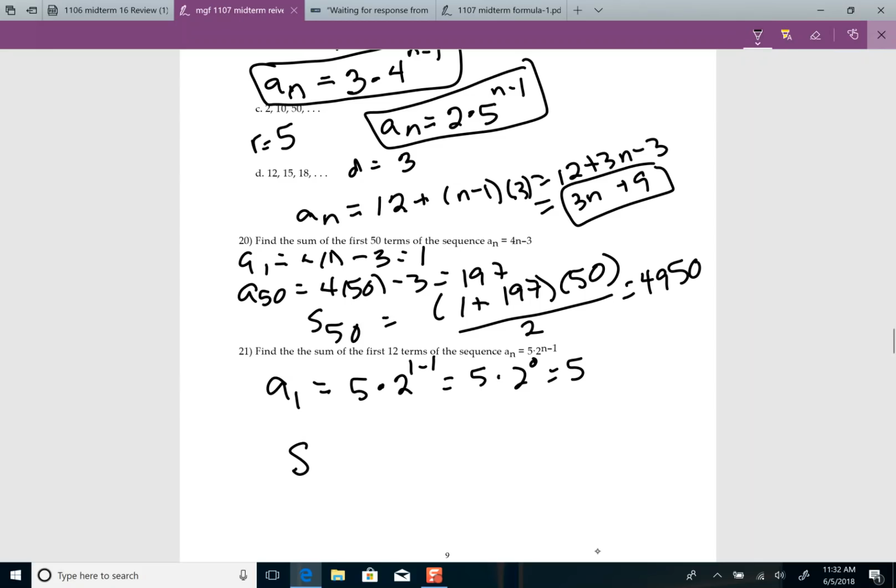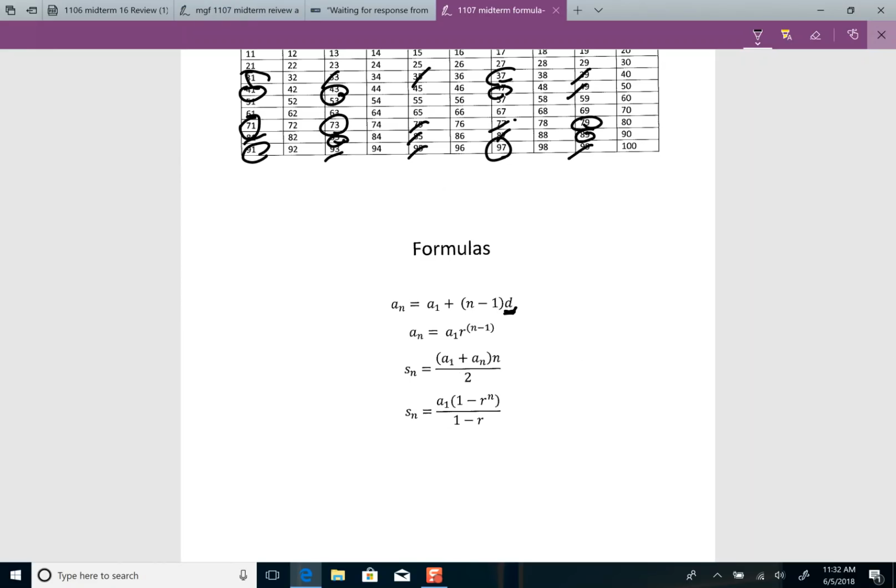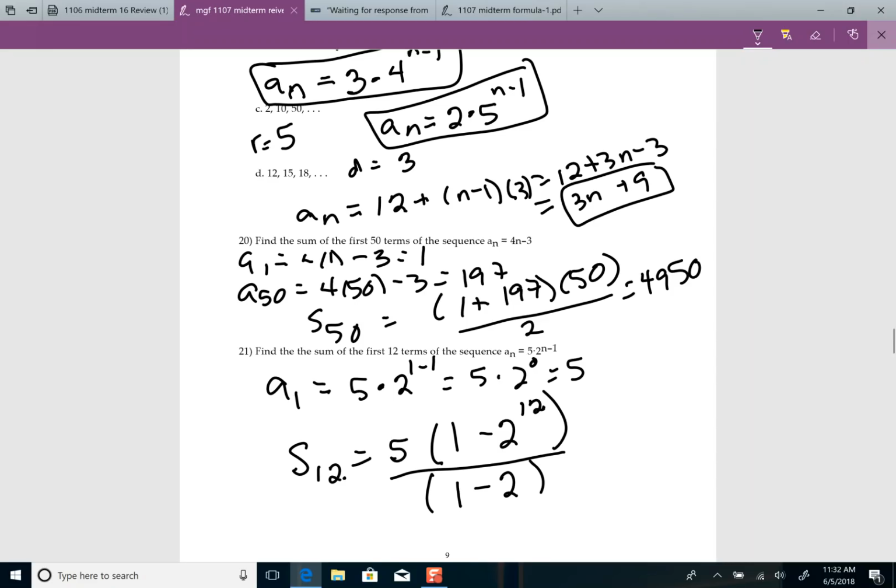Alright, so now to get my S, again, really bad writing sometimes with this stylus. So I'm trying to find S of 12. So I take my first term 5. My ratio is 2, so I have 1 minus 2. I put 12 here. This number should match this number over 1 minus my ratio. Even though, it's just the way we end up writing it, see how there weren't parentheses here? When you go to put them in the calculator, you need parentheses. Or you need to hit equals, or you need to do it in your head. You need to do something, but I'm going to put parentheses there. So now I have 5 times parentheses 1 minus 2 to the 12th. Then close parentheses divided by parentheses 1 minus 2. Now I get